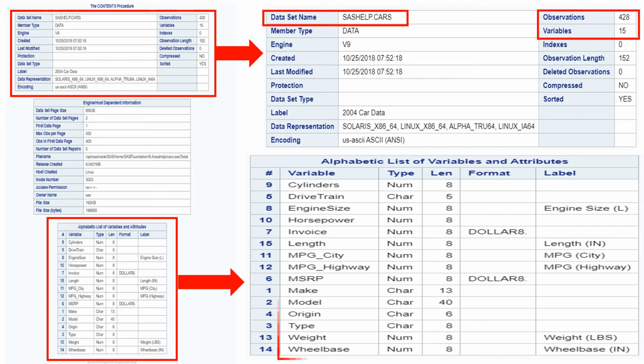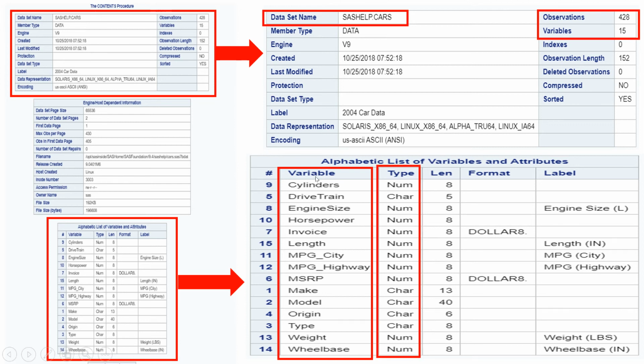Let's look at this. The first column lists the names of the variables. Now you can see the sequence. It is not in a sequence, right? That means proc contents produces an alphabetically arranged list of variables, not in their actual order. All right, so these are the variable names which are available in this table, and the number of these variables is 15.